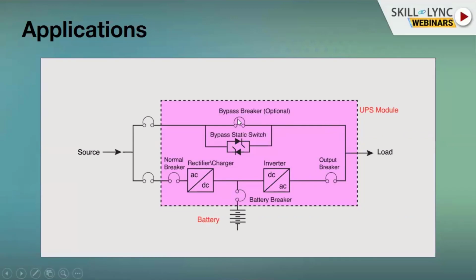So what would happen? The breaker on the top flow would be opened, and the flow would be from the battery. So how would the flow be? The flow would be from the battery through the battery breaker. This is DC. Whatever energy is here is DC, but the load requires AC power. So it flows through the inverter, through the output breaker to the load. So the flow is from the battery to the inverter to the output breaker to the load. So during the power cut or when you don't have power, this already stored battery now takes care of the load with the help of the inverter.